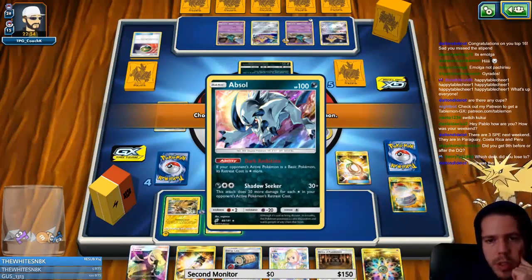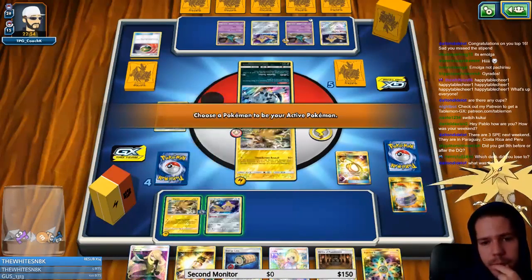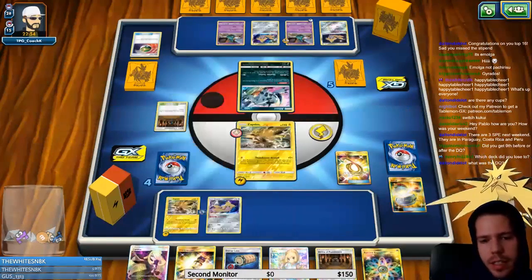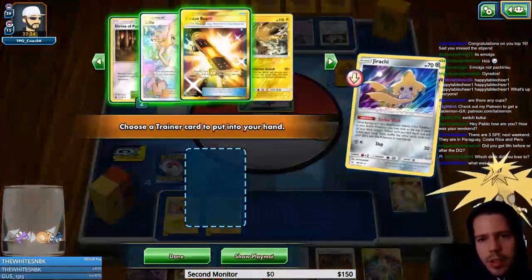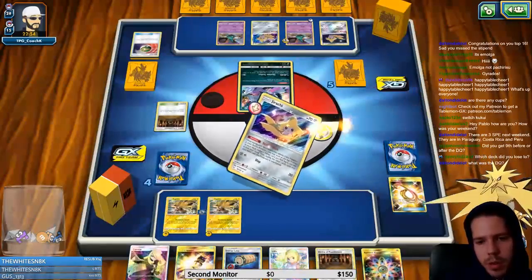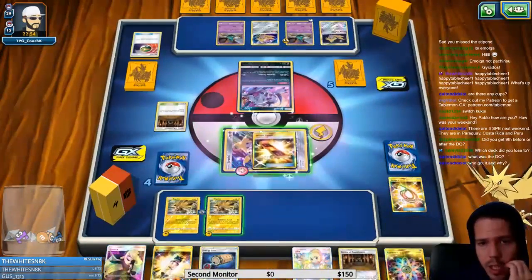Okay, so my opponent does indeed promote the Absol. Yeah, I feel like I should just try and get a KO off of this. Like if I get a Guzma here, I'll just target down the Trubbish. I do not get a Guzma. I do find an Escape Board, however. So I'm going to use another Electro Power here to get a knockout,